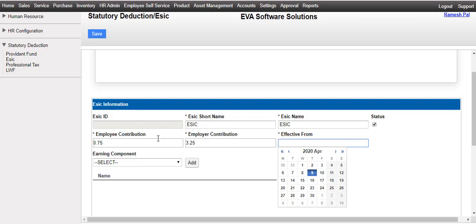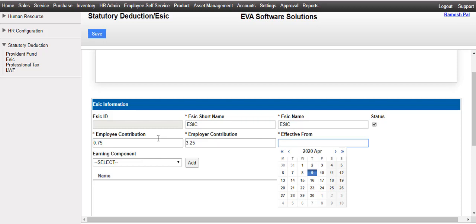In Effective From field, you will enter the date after which this calculation for ESIC will be applicable. As we know, earlier the employee contribution for ESIC was 1.75%, while for employer it was 4.75%.